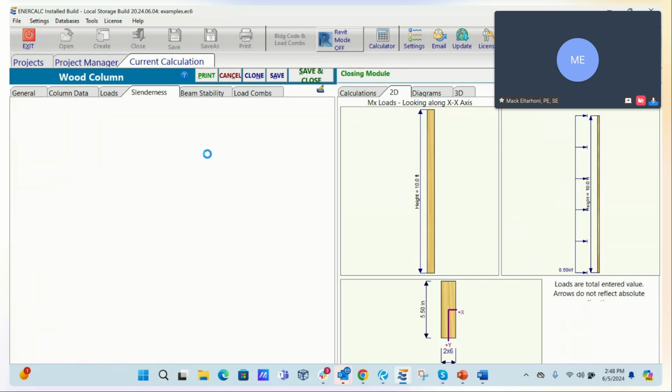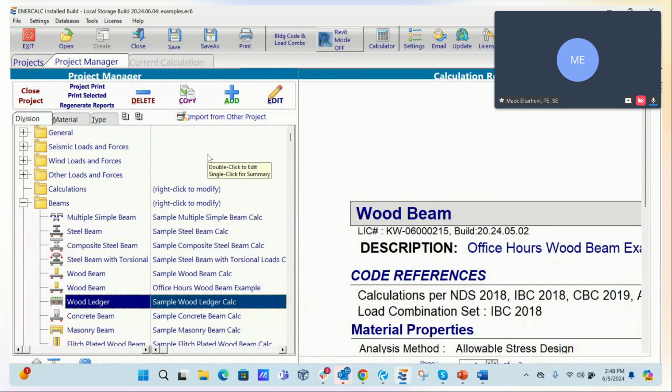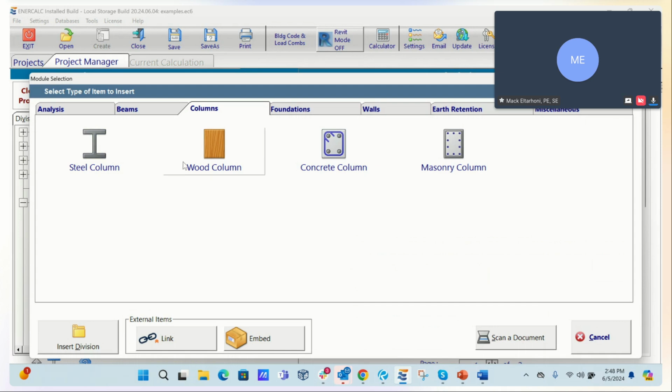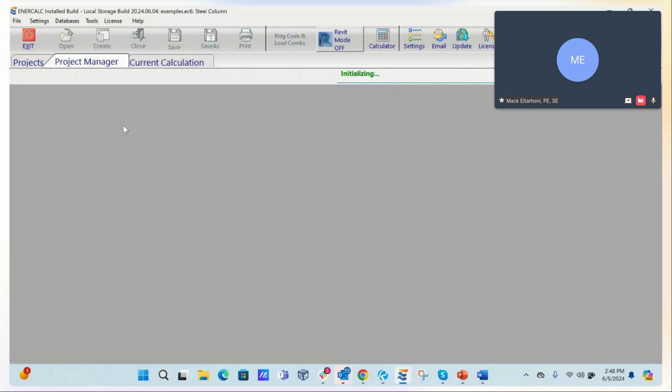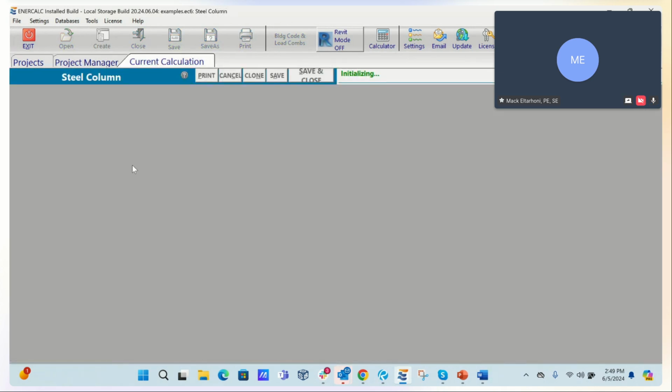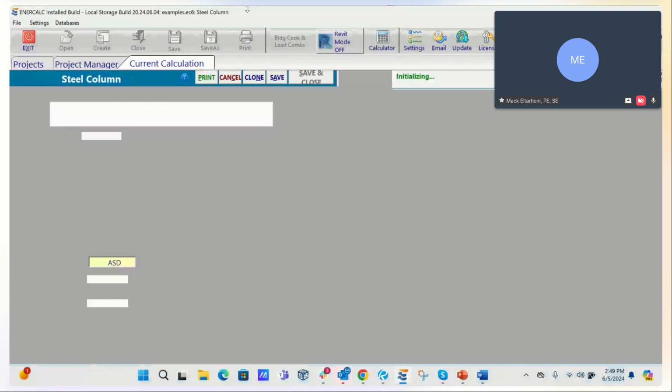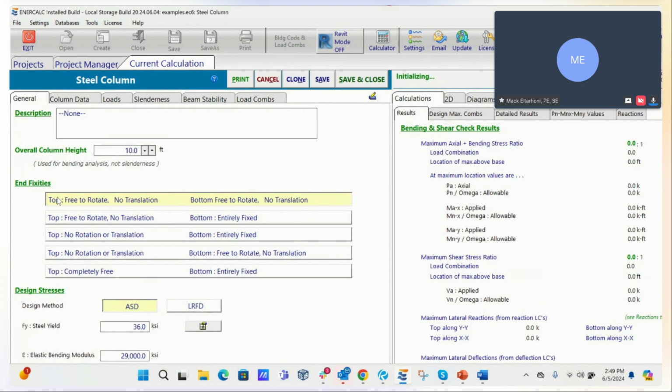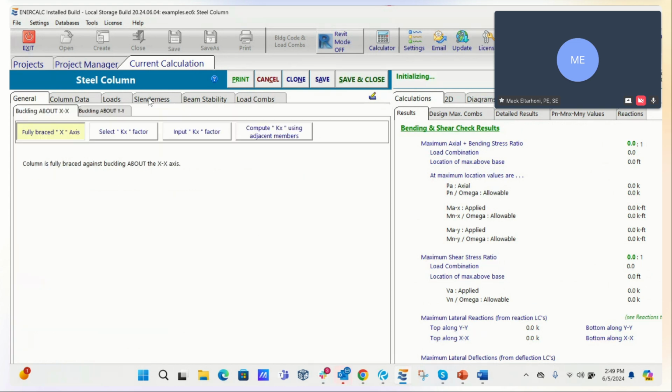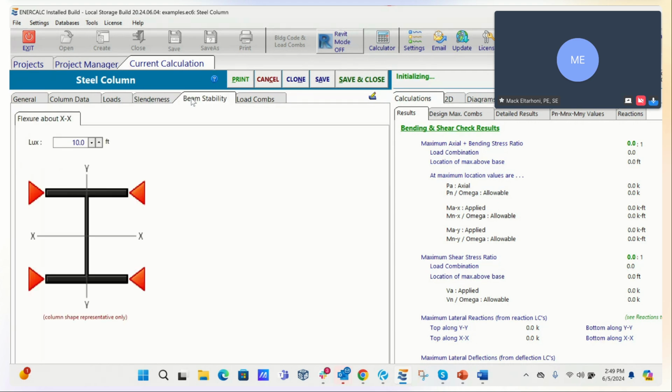And this, I want to elaborate just a little bit, and I think I talked about it last month. This is not just specific to wood, but even if you click on the steel column module, you will have the same control. So you can just go through all of this. You have your slenderness. You can choose your bracing for Euler buckling, which is your axial load in this case, and then you have your beam stability factor for something like this around the X. So you can also control that here as well. So you can do it for steel beams, of course. You can do it for wood beams.